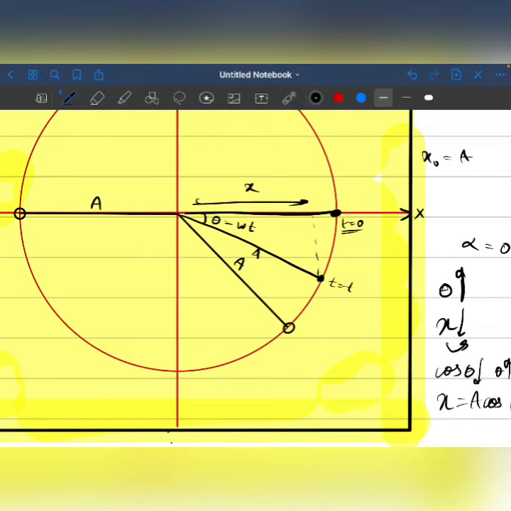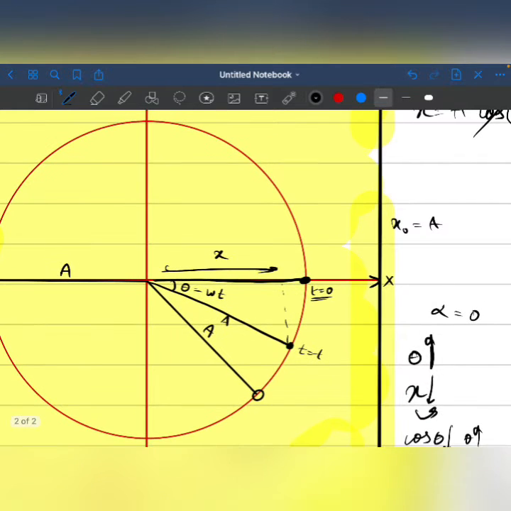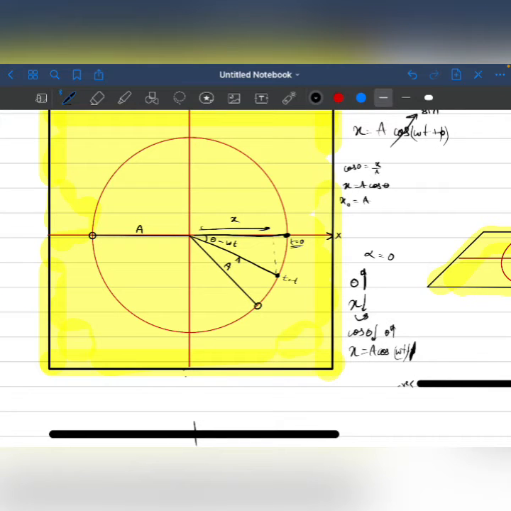So this is a, as from the circle this is a, and then what is x? What is cos theta? It equals x by a, or x equals a cos theta. Now that was very simple, that we all knew. Now let us consider that there is an initial phase where it is not actually at x equals a. It is not starting from the extreme, it is starting from somewhere else.